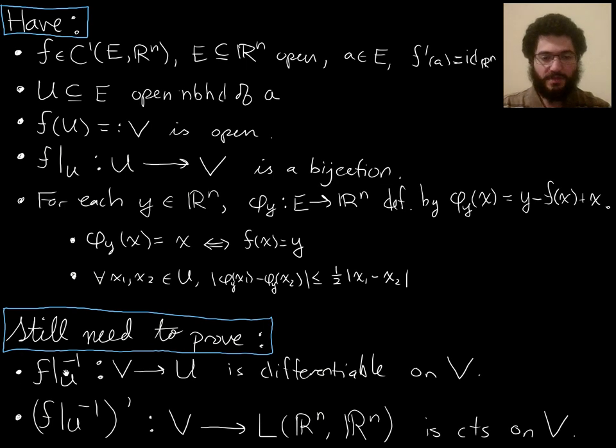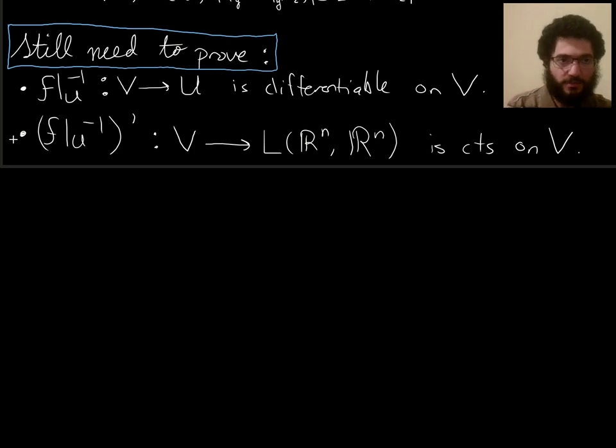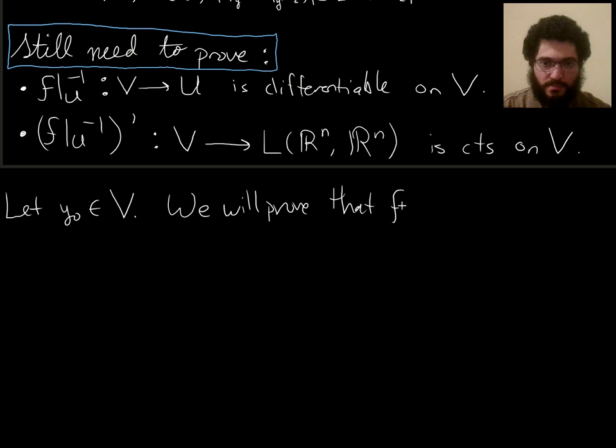So let's start with trying to prove that f restricted to U inverse is differentiable. So we've got all that stuff above, and I'm going to start with this first bullet point. So let's fix a point, y0, in V. Then our goal is to prove that f restricted to U inverse is differentiable at y0. I guess it's better to write we will prove that this is differentiable